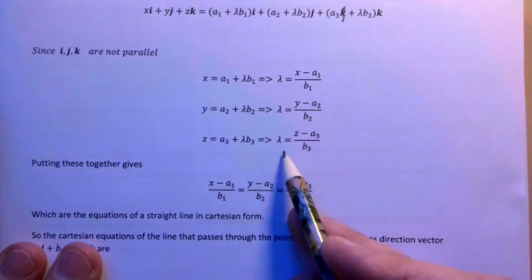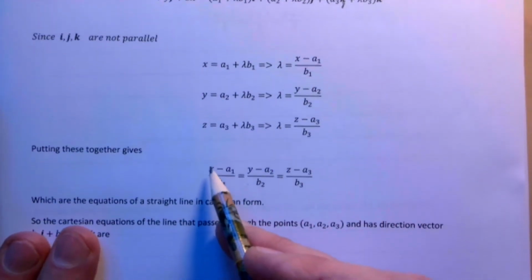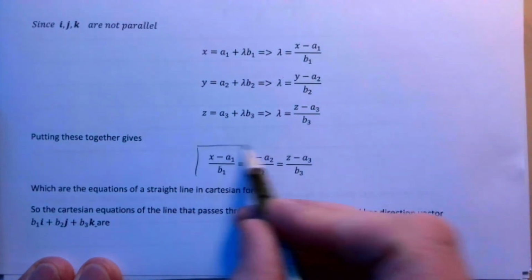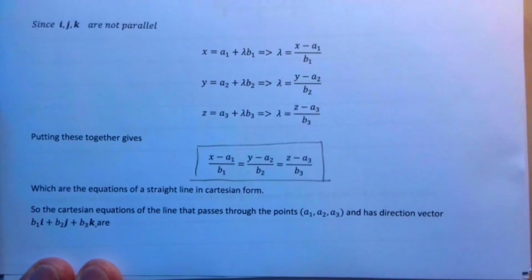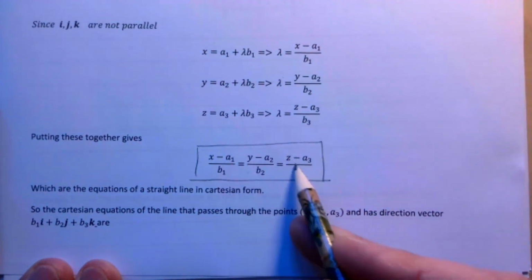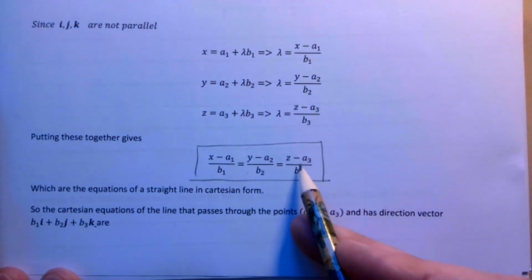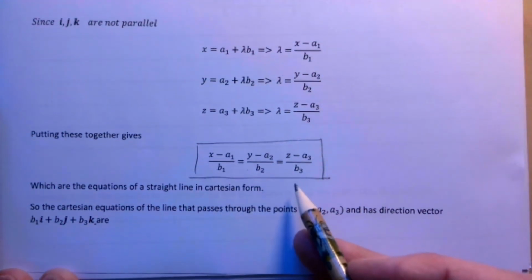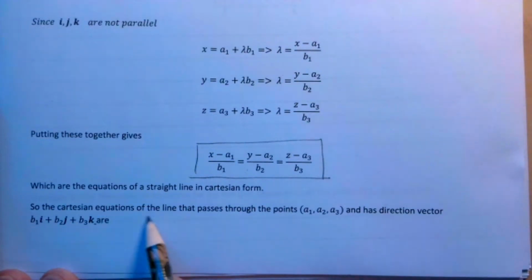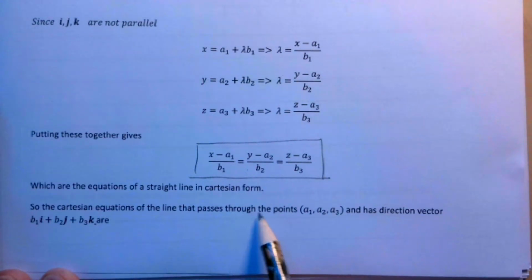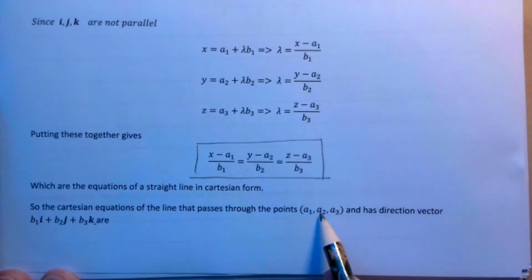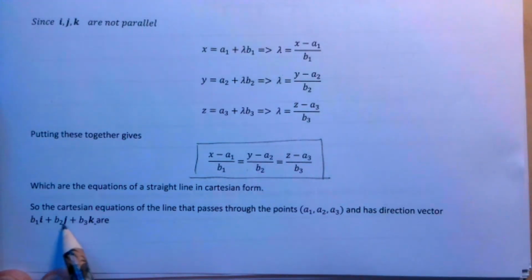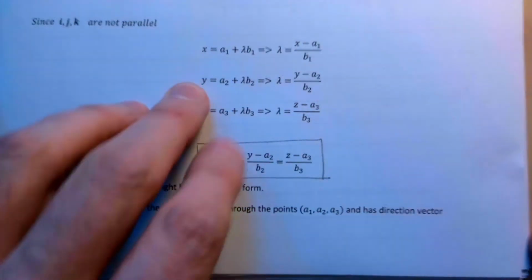Because these are all lambda, I can put them equal to each other. So my equation of the Cartesian form of a straight line is this here. It looks a wee bit confusing, two equal signs and things like that, but that's the way we set it up. These are the equations of a straight line in Cartesian form, and that's for a 3D one. So the Cartesian equations of the line that passes through the point a1, a2, a3 and has direction vector b1i plus b2j plus b3k are